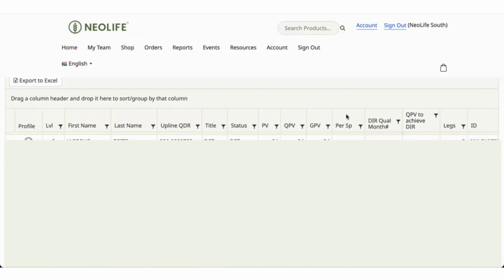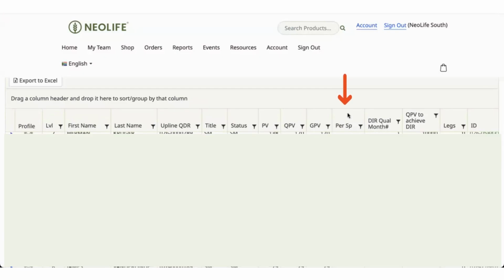And as an example, we'll take the personal sponsoring column. If you wanted to find out the people in your team who had sponsored, if I click on the personal sponsoring column once, you'll see a little arrow. It goes from low to high. Okay, so everyone who hasn't sponsored, and we'll go all the way down to people who have sponsored, but